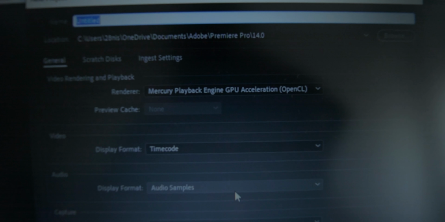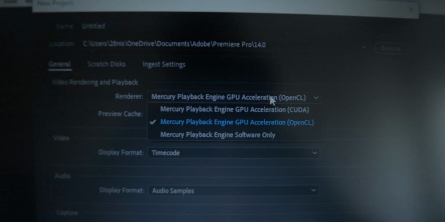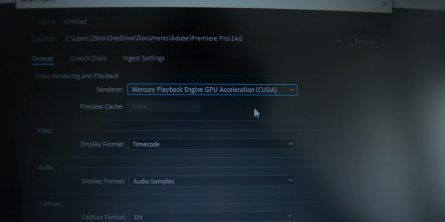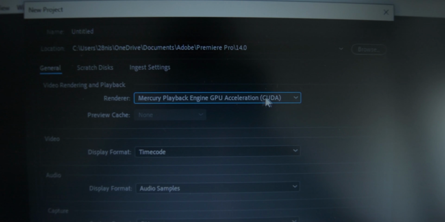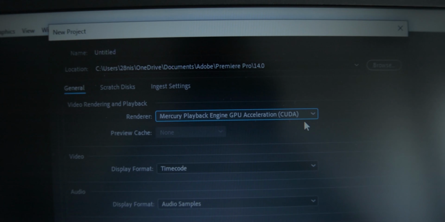One more important step while you're launching Premiere Pro is when the video renderer comes. So when you click new project, here, let me just show you. New project, and then in video renderer, some people may not know this, but click CUDA. This helps use your GPU while rendering footage.